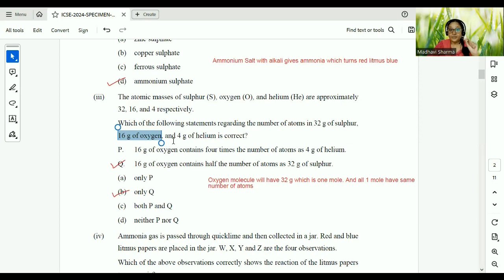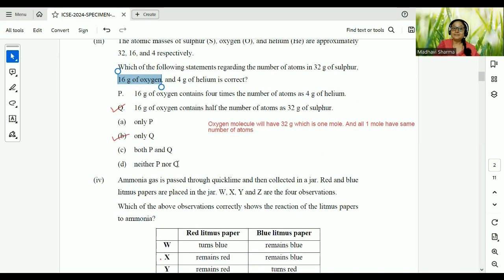And 1 mole of helium is 4 only. RMM, I'm talking relative molecular mass. So definitely 16 grams of oxygen will contain half the number of atoms as 32 grams of sulfur, because it is half a mole. Simple. Next,